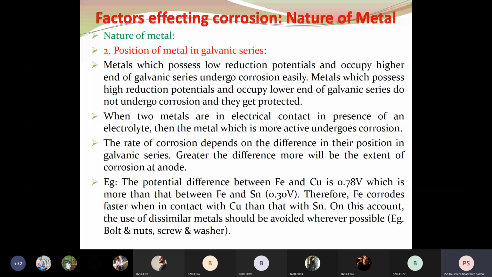In that case, the metal which is more active certainly undergoes corrosion. And the rate of corrosion depends on the difference in their position in the galvanic series. If it is greater, then